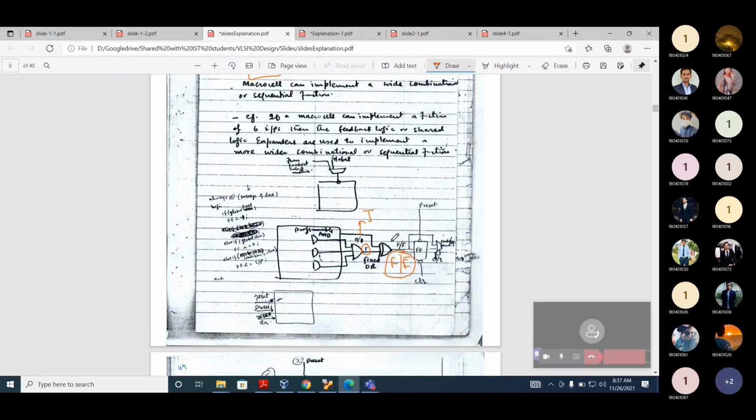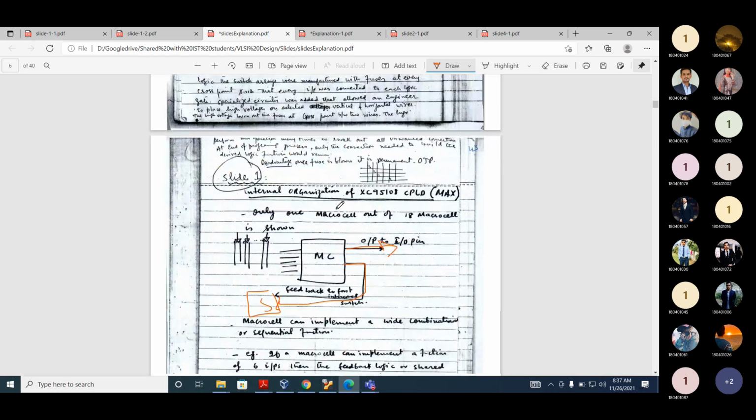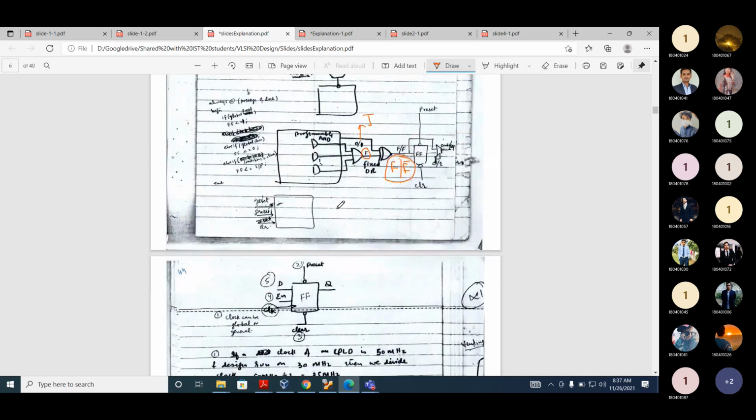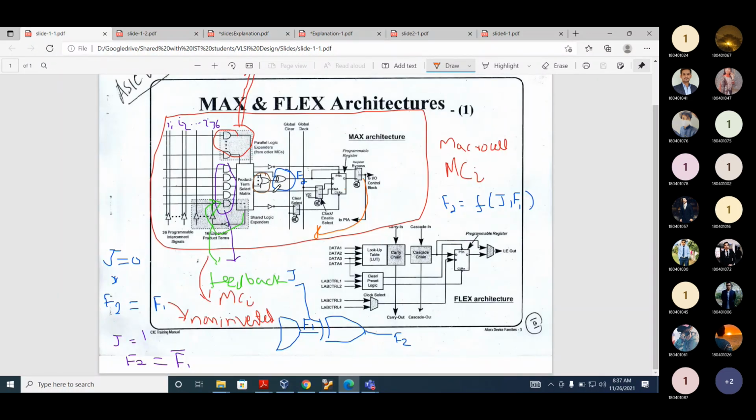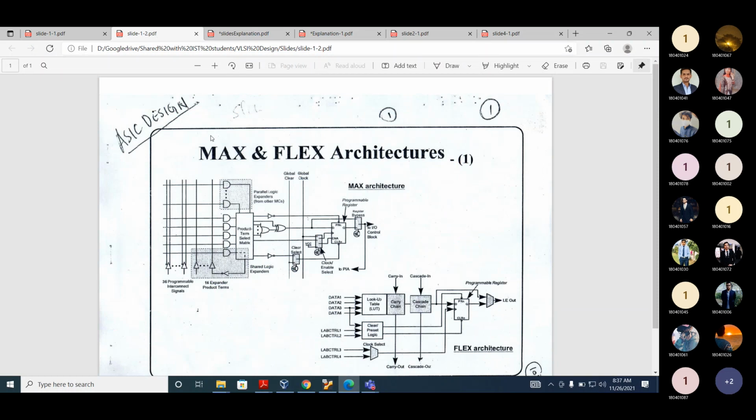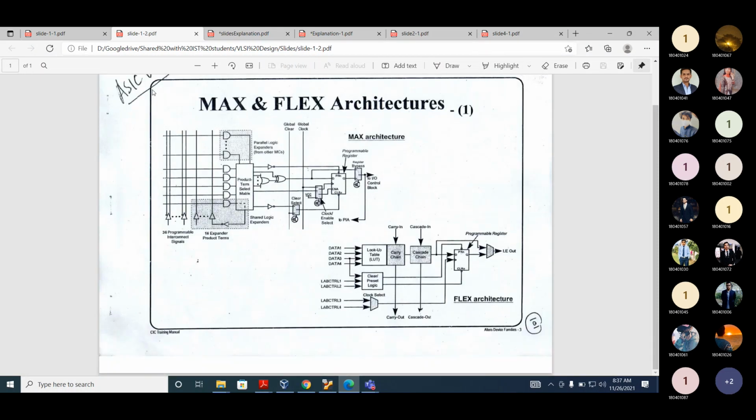So it will implement a sequential function. Now if we proceed further, can you see the flip flop here? I will show this slide. If this is not here, I will explain this.